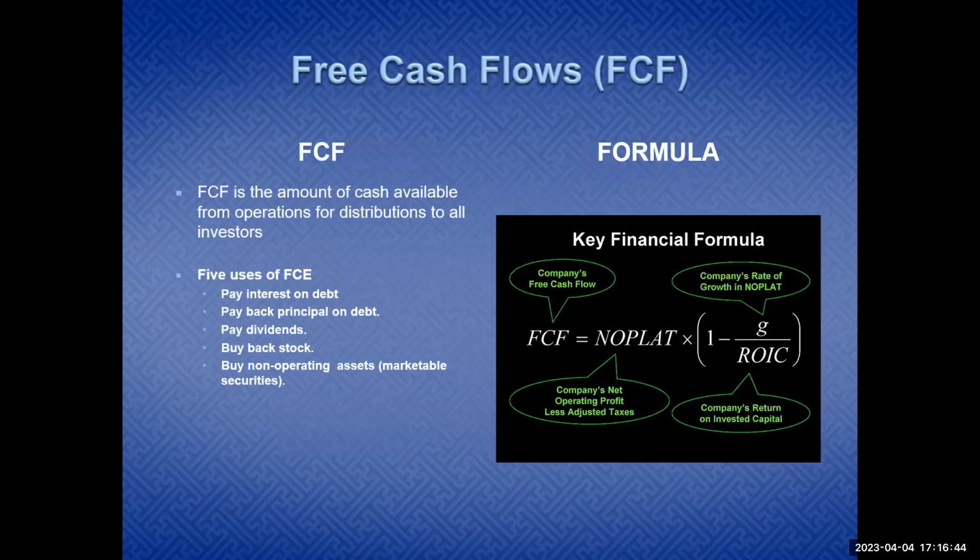Free cash flow, which we just talked about, is the cash generated from the operations of the business. In other words, you use cash to pay your bills and sell your products, and whatever cash is left over is called free cash flow. What's left? Operating cash flow of your business. And you use those operating cash flows to pay interest on your debt, pay back principal on debt, pay dividends, buy back stock, or make investments into other assets of your business. What is the business generating for cash to use in these other uses of cash?